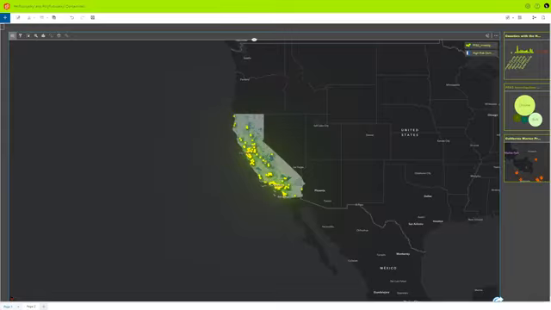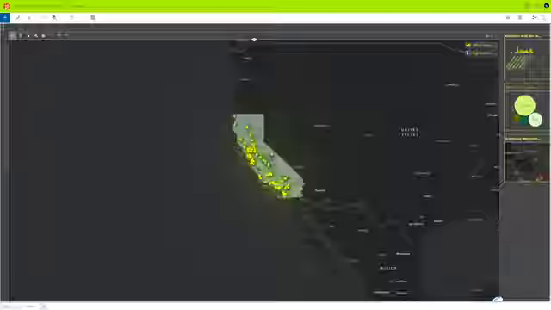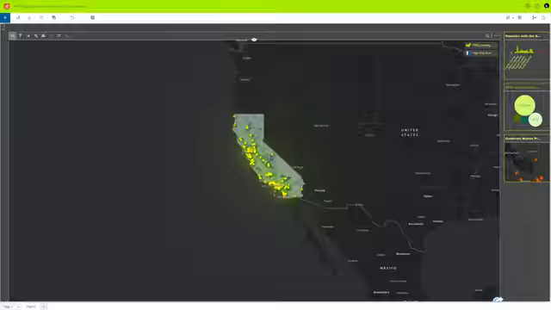But in the perfluoroalkyl and polyfluoroalkyl layer, we can find information based on investigation sites, landfills, airports, wastewater treatment plants, chrome plating facilities, all in the state of California. Both of these layers have been provided to us by the California State Water Resources Control Board. And right here,